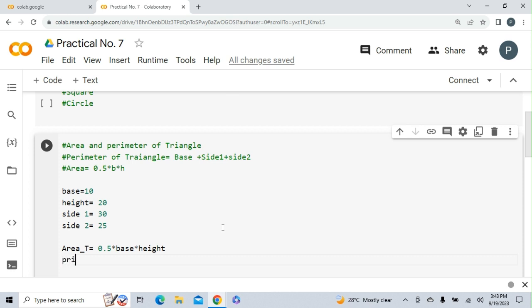So if I try to print area underscore t, so I will get